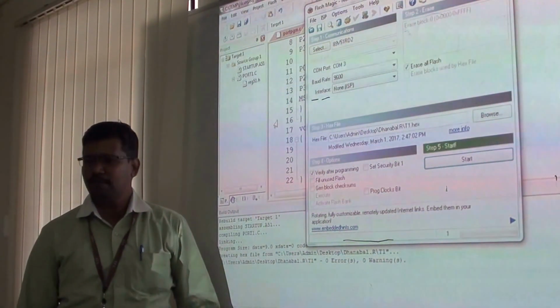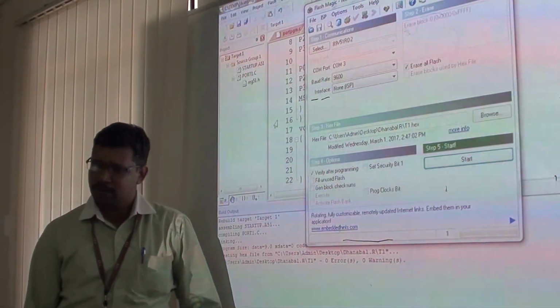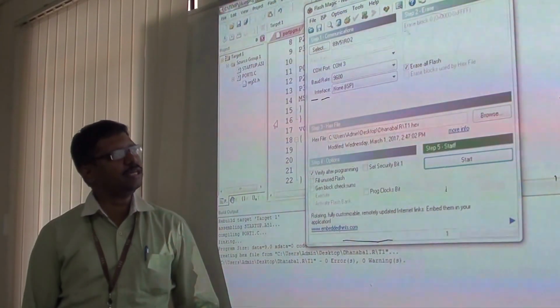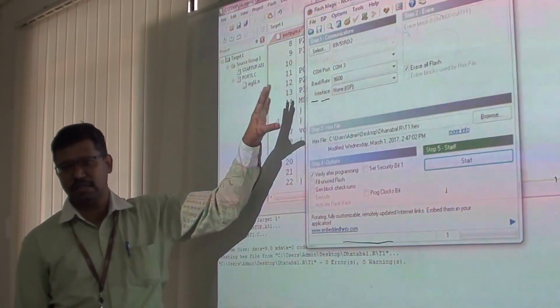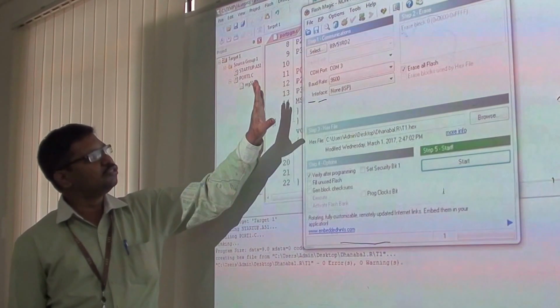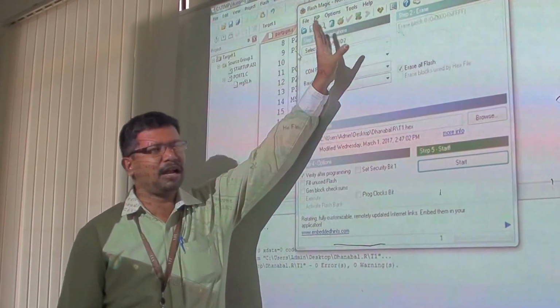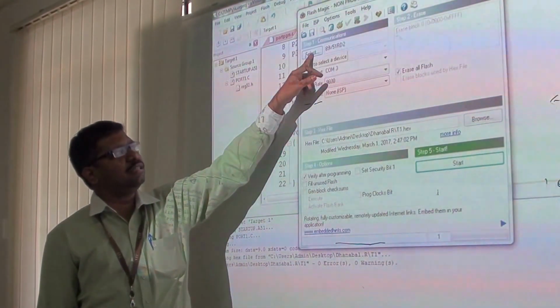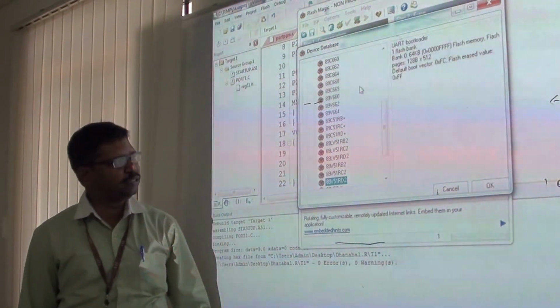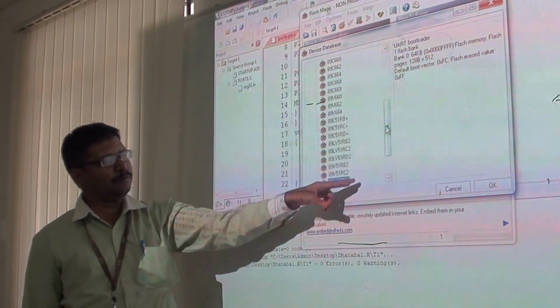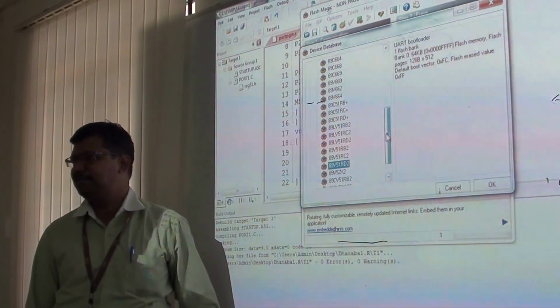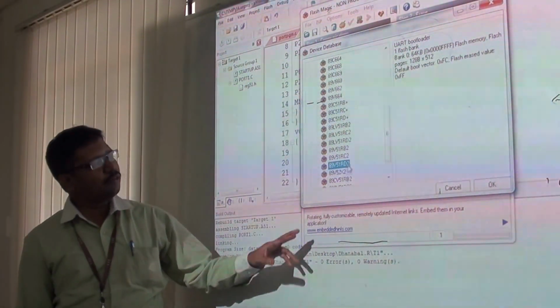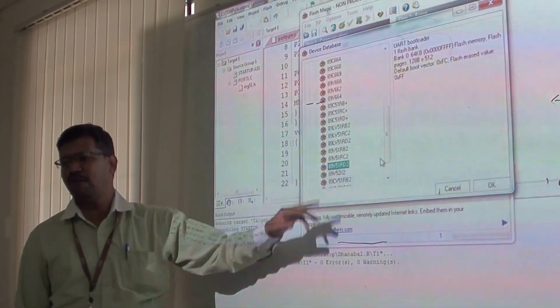If you go for Atmel ICs, we have to purchase their own tool. So vendor to vendor, this Flash Magic or any other tool will be different. Let us go with Flash Magic because we have NXP. The first step is to select the IC. We will have all the ICs manufactured by Philips or NXP brand. In that, what we have purchased is 89V51RD2.